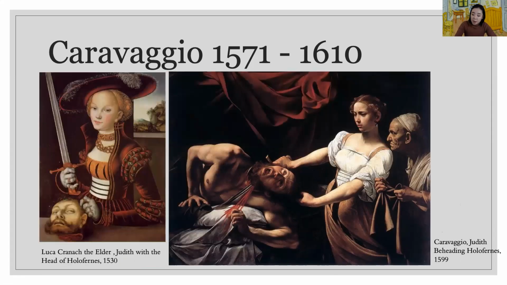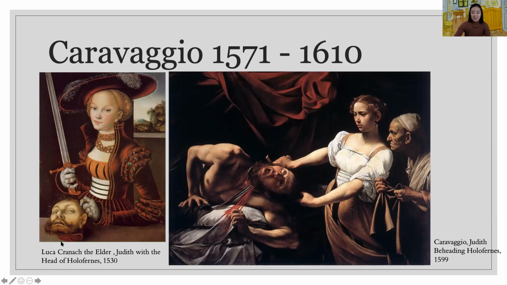And the same topic was depicted in the Renaissance era, which is the left painting. And Judith in the left painting looks very peaceful and calm. Yeah, it is hard to believe that she is after the battle. So she looks even elegant. And on the other hand, the decapitated head doesn't look like Holofernes' head. It just looks like a fake head, right?